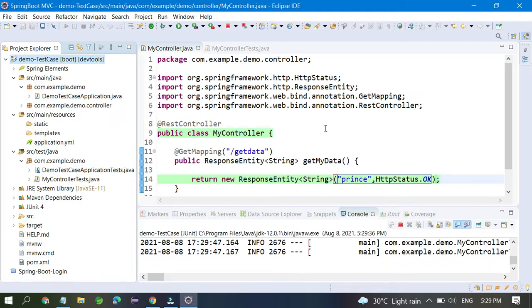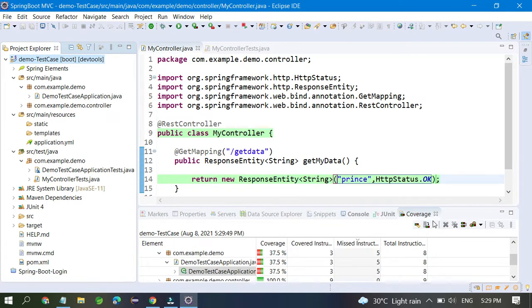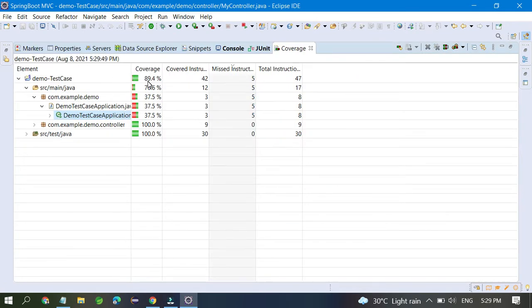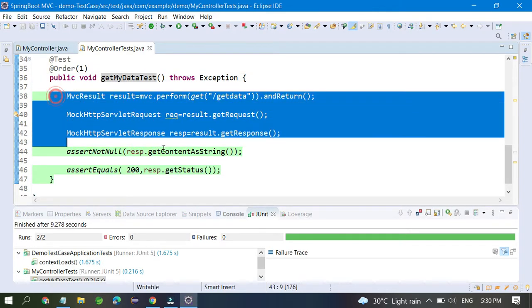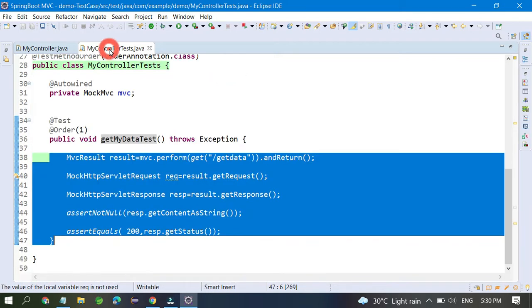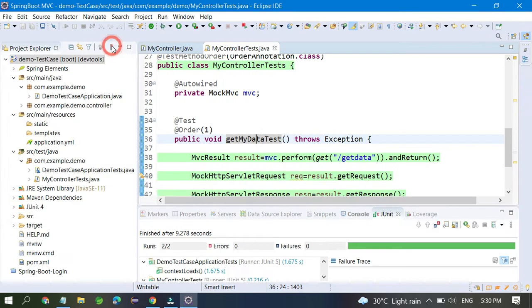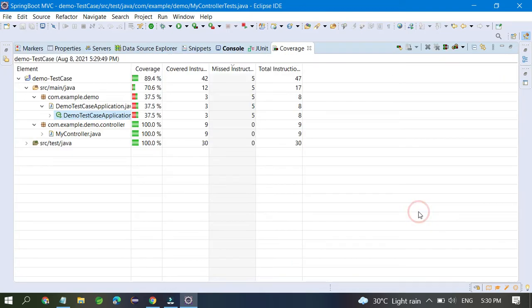Right now you can see the code coverage is 89.4%, and both the test cases pass. You can see here this is the one test case and this is the another test case, and all are covered. Okay, I hope you enjoy it. Other thing is you can open the code coverage. You can see this is 100%, this is 100%, only this one has some problem. So if you want to make this also 100%, you have to do something. I will do it in front of you so that you can understand.